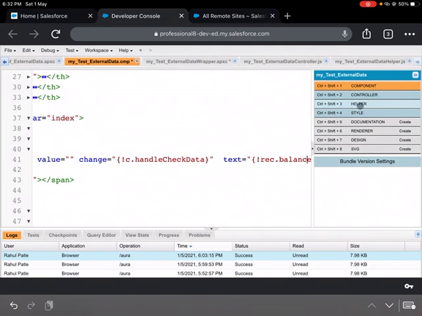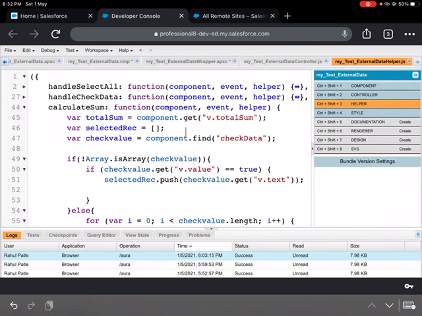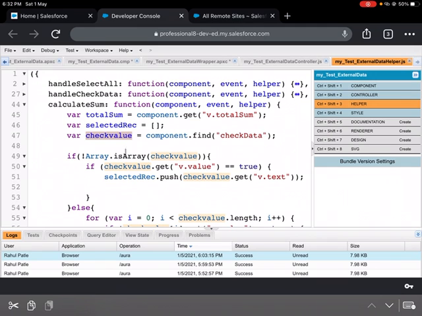If I go to the helper, here I'm finding that DOM element for check data. This check data will give me whatever selected records I have checked here, so I will get the check value. Now for each, in an empty array, I'm checking whether it's checked or not.